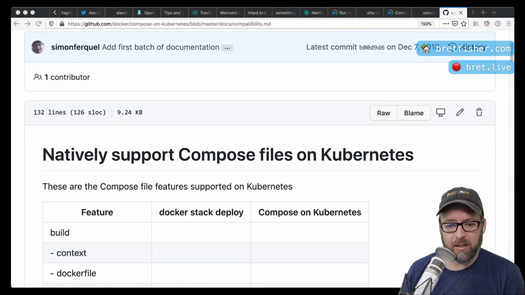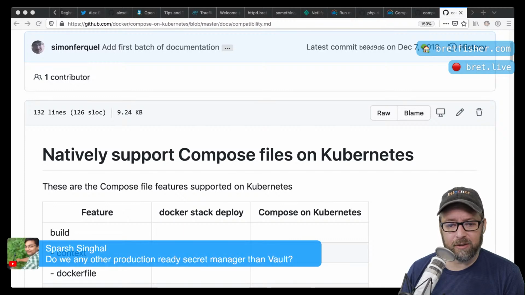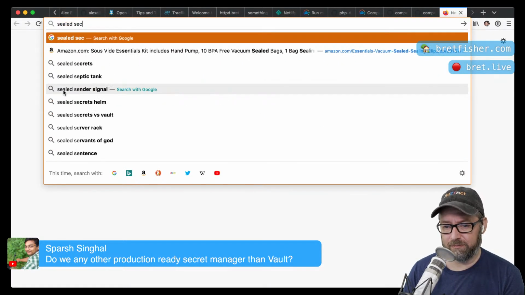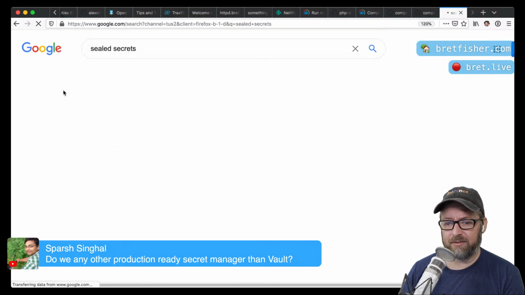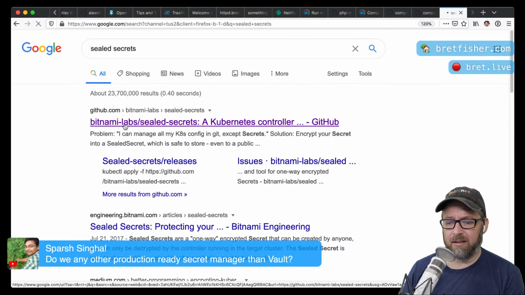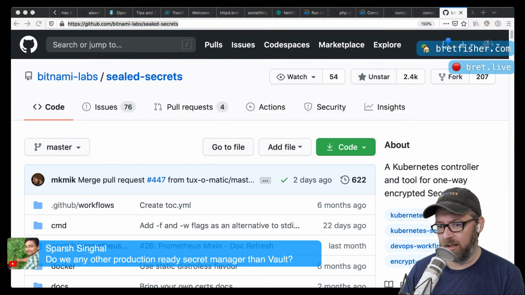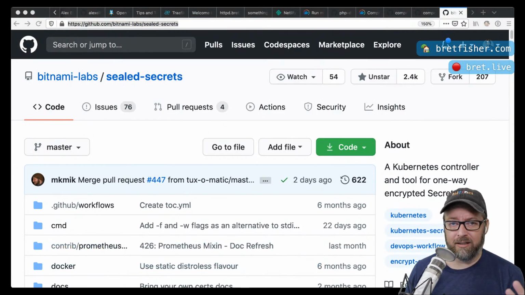Do we have any other production-ready secret manager than Vault? I like sealed secrets. So this will be one of the last questions. Sealed secrets. So if you're looking at Kubernetes, look at Bitnami Labs sealed secrets. It's a way to avoid using Vault. You could also look at a cloud secret manager like AWS Secret Manager.